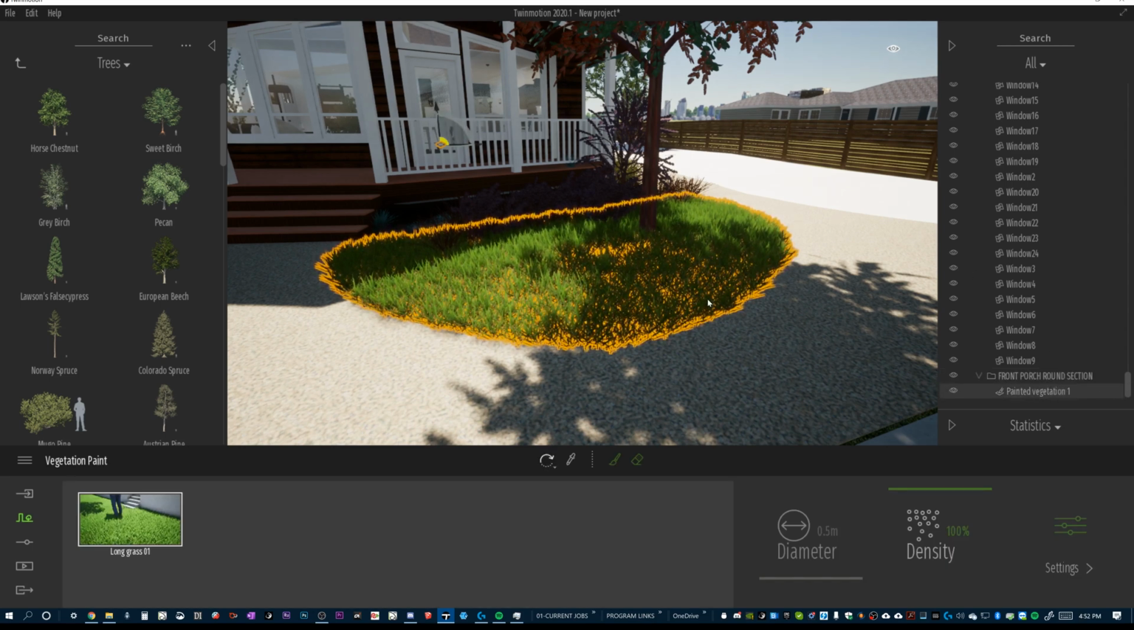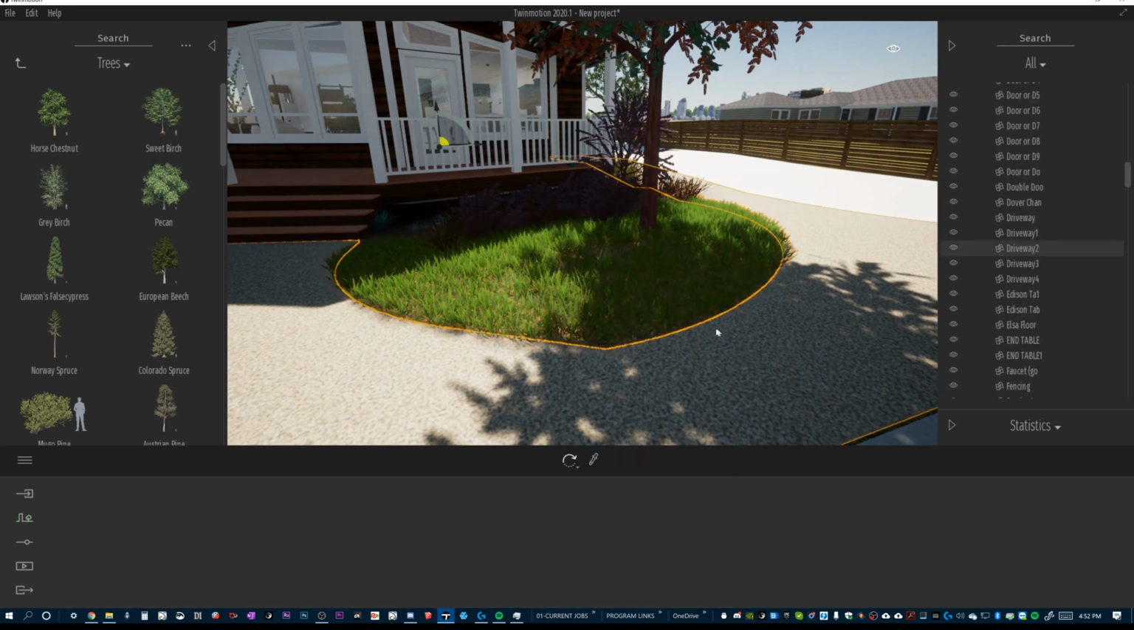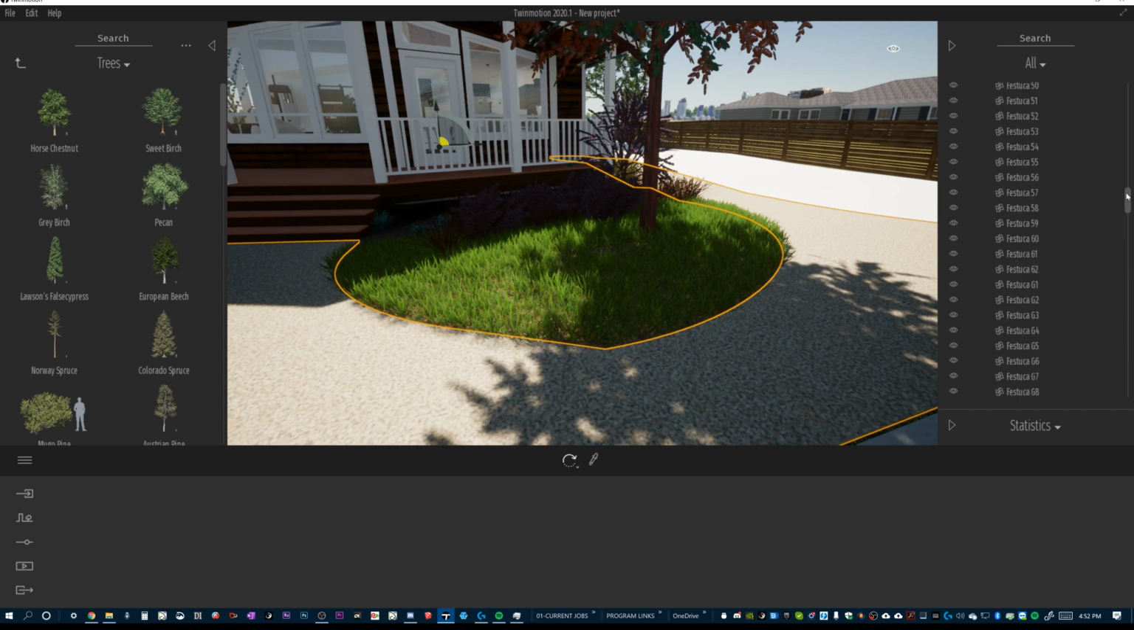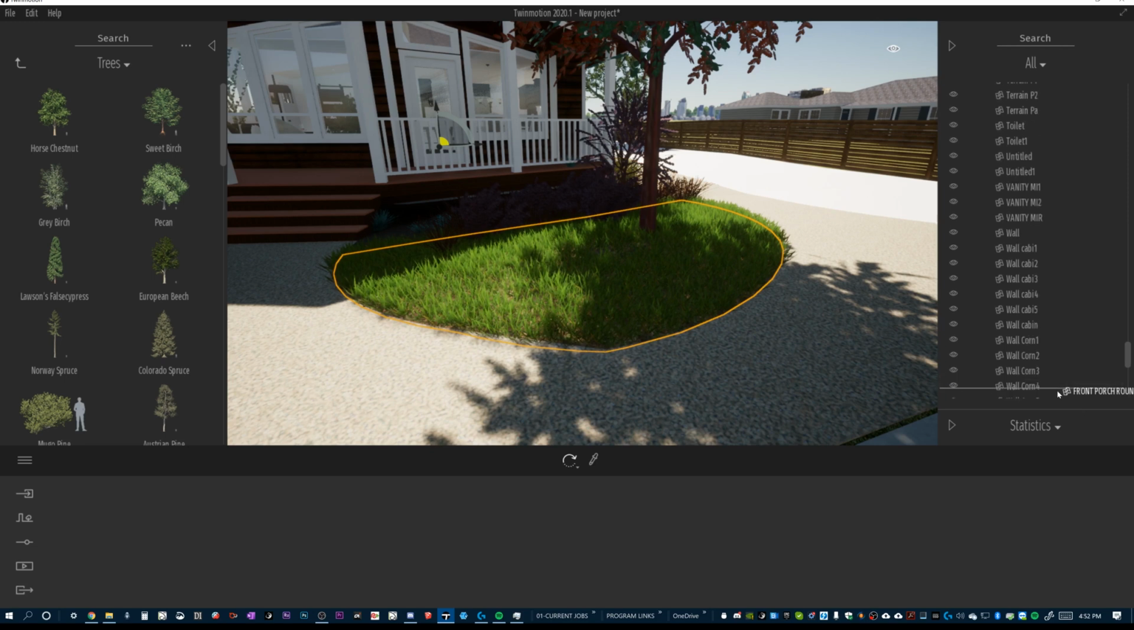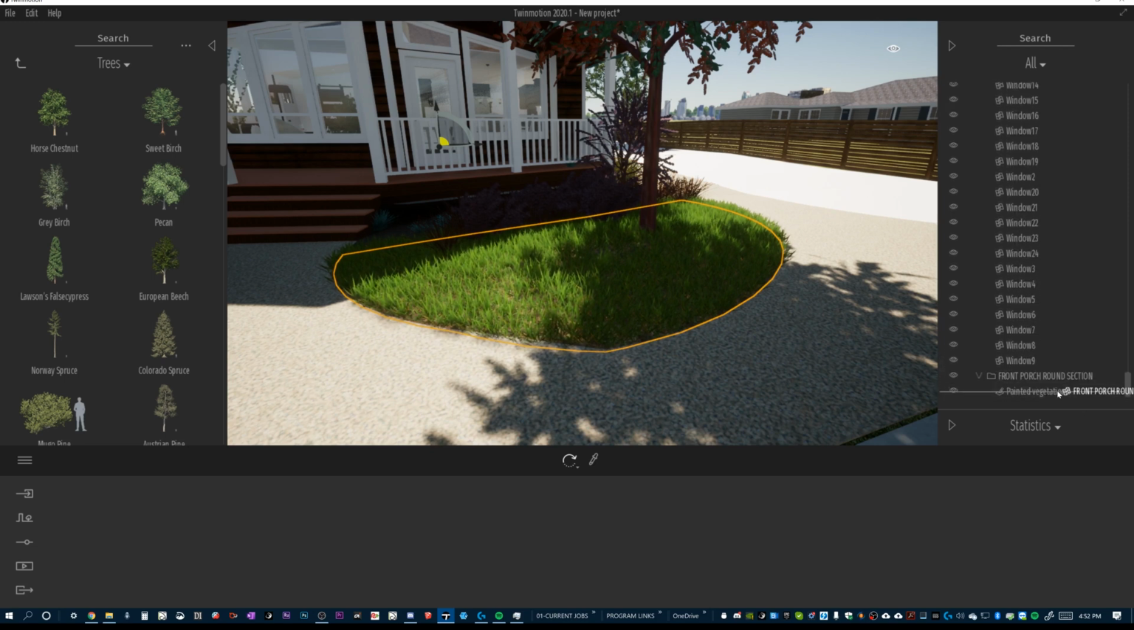I'm also going to take that front porch round section, if I can click past the painted vegetation, or I might need to go find it. This is where having your hierarchy is really important, because it would be very simple for me to locate that front porch round section right here and then group it into that same folder. So anyways, there we go, front porch round section, and this would all be underneath a subfolder called terrain. So a really easy way to organize these particular elements, especially for troubleshooting if you're finding that something's